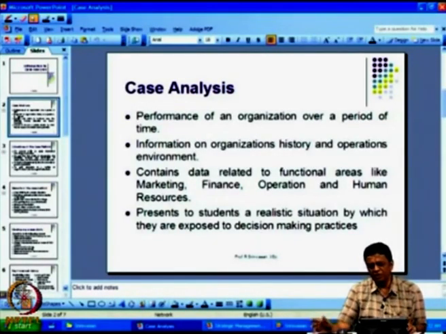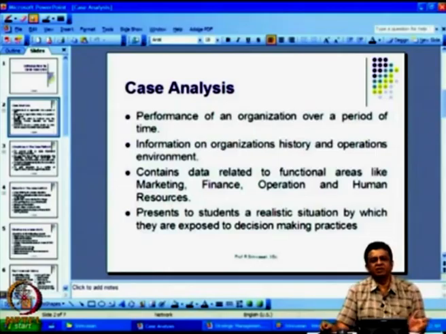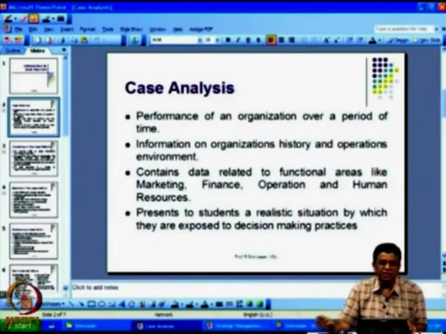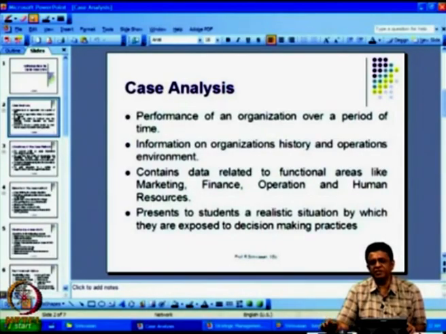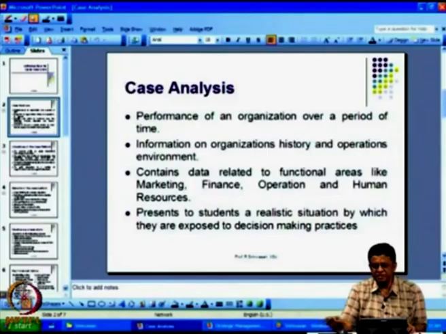So, you say I want to analyze Infosys. What do you mean by analyzing Infosys? You say I want to analyze the performance of Infosys over the last 5 years. Now, why do you want to analyze the performance of Infosys? You may like to find out what has happened during that stated time period over the different product lines, what is the type of decisions, how they have impinged the sales revenue, all those types of things. Now, in order to do this type of analysis, what do you require?